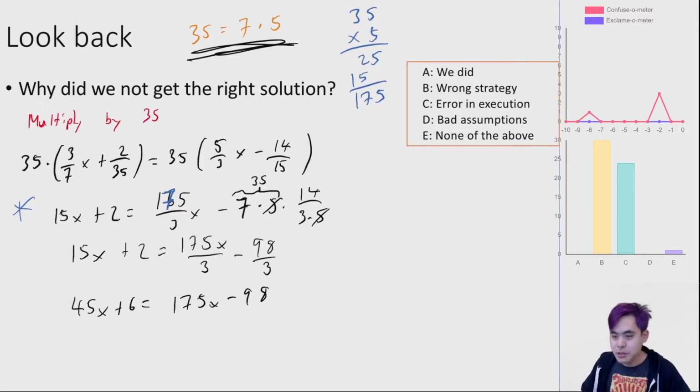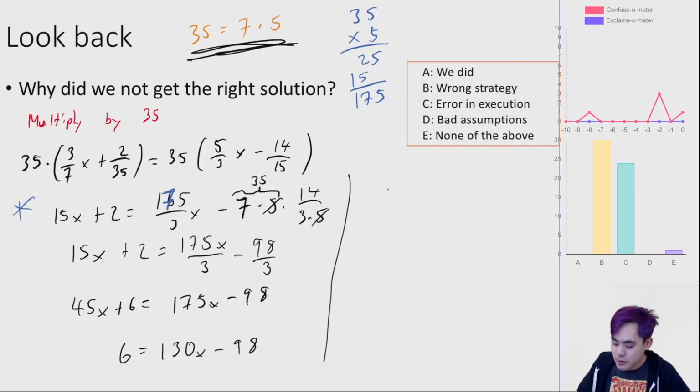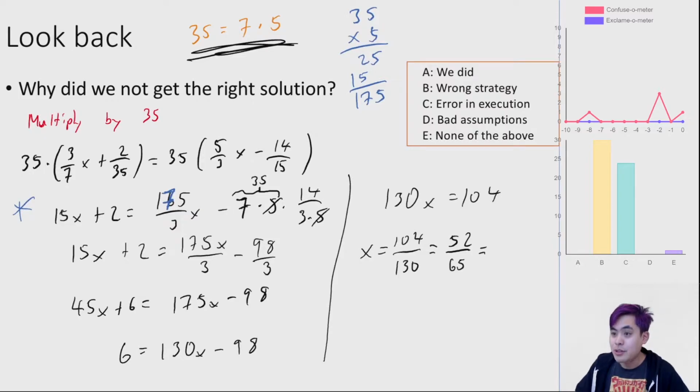Okay, but let's keep on going. So we have this value, and now we're subtracting both sides by 45x. So you end up with 6 is equal to 130x minus 98. Add 98 to both sides. 130, and I'm going to flip it. So 130x is equal to 104. So x is equal to 104 divided by 130, which is equal to, if we divide both top and bottom by 2, 52 over 65, which is equal to, if you divide top and bottom by 13, which is a little bit less obvious,